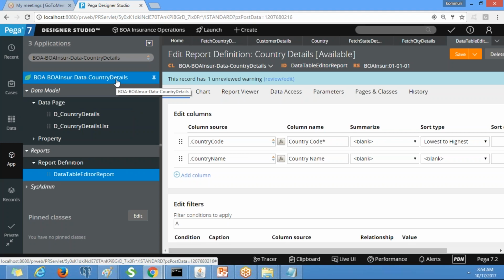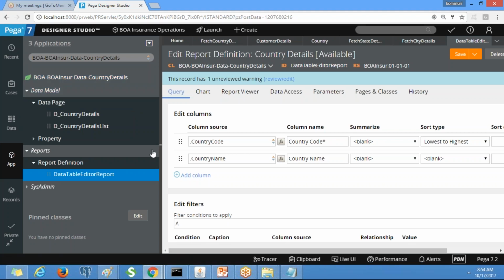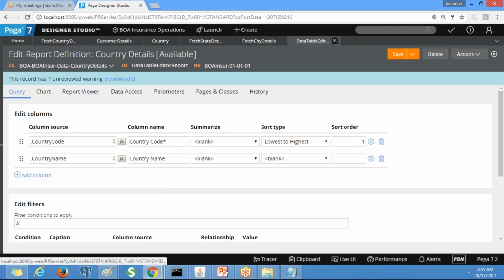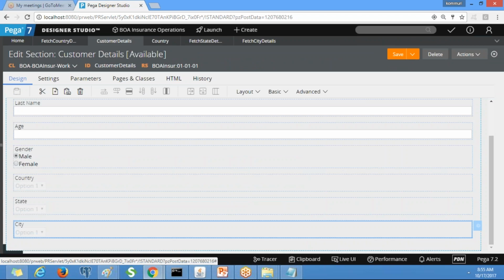Either you can use the report definition rules created by PRPC, or we can create our own report definition rules. For your understanding, I am creating a new report definition from each class.